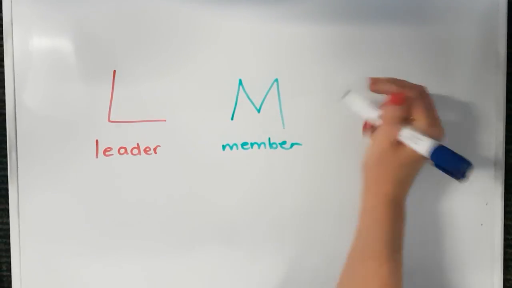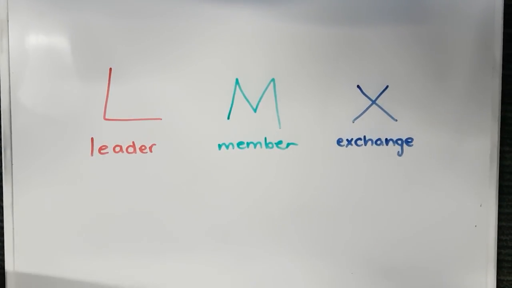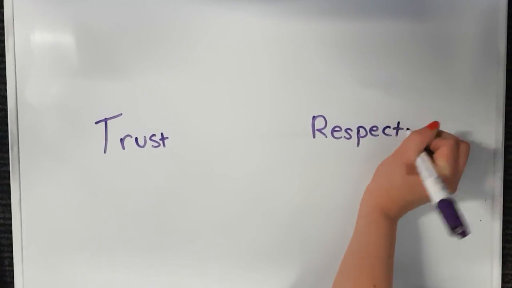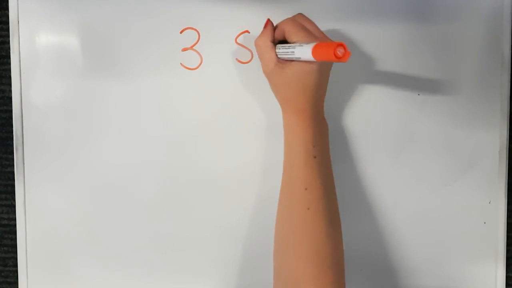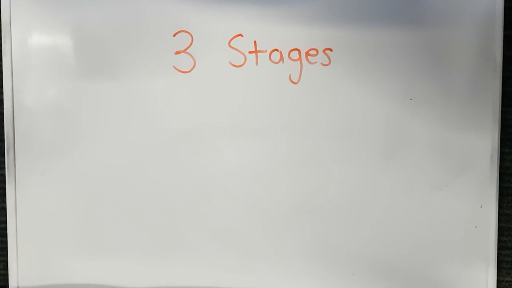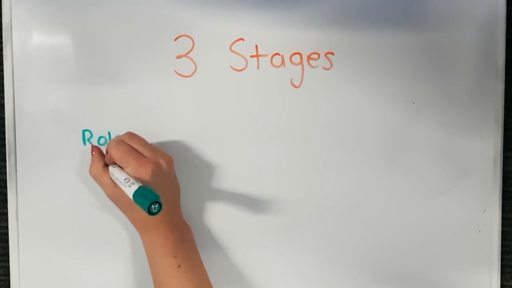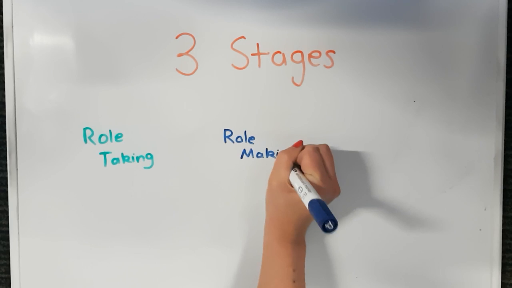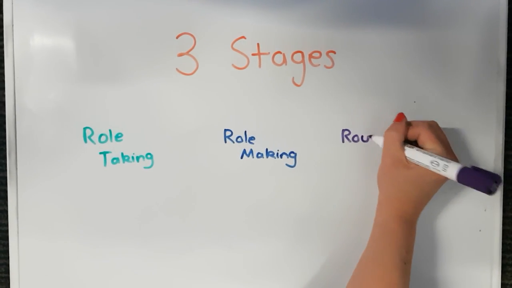Next, Larry takes a look at the leadership member exchange. The LMX theory describes how relationships between team members and managers can change with perceived effort. There are 3 main stages to the LMX theory: role-taking, which involves sussing out new members' skills and abilities; role-making, which expects these team members to work hard, be loyal, and prove themselves.